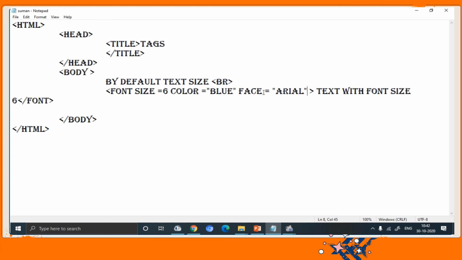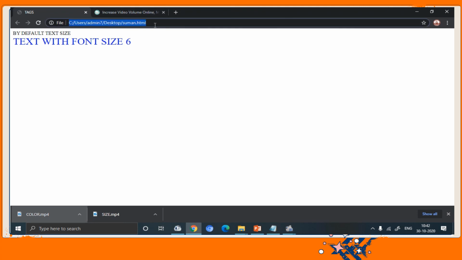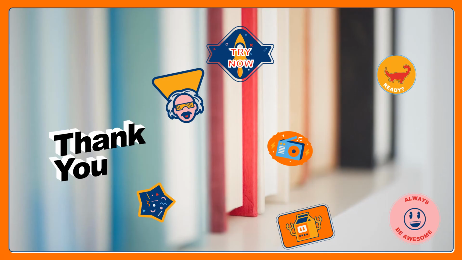After that, just save your program and refresh your web page. But before refreshing, just have a look what is the earlier font style. So now let's see the changes after applying the Arial font. Can you see the changes? This is the text in the Arial font now.